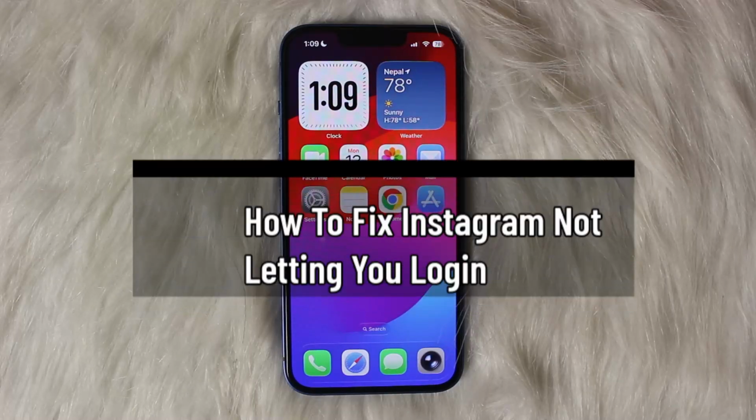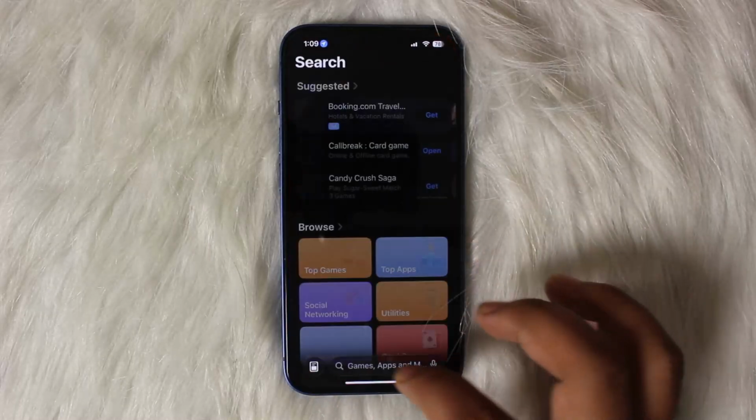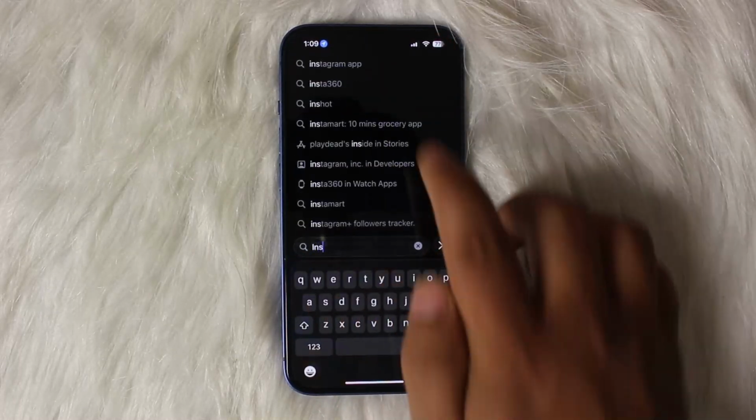In this video today, let me guide you through the steps on how you can fix an Instagram login issue. First things first, you can try verifying your login details and resetting your password if needed. If that doesn't work, you want to update the app. Head into your App Store or Play Store and search for Instagram and make sure that you have updated